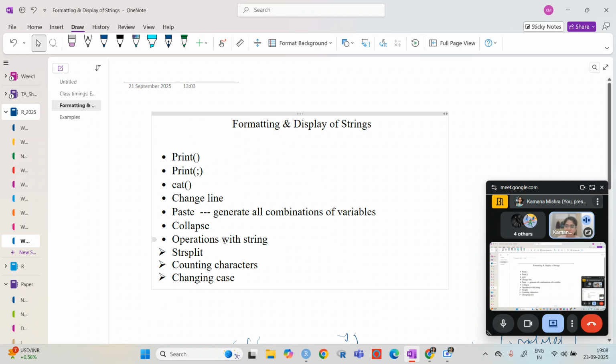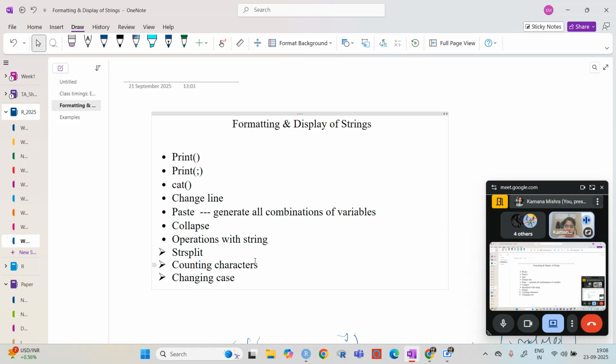So we have seen firstly changing case because that was the simplest. Now operations with strings. In the paste function and all, we have already seen some operations, like how we merge the strings, and how by using collapse we can separate the string.